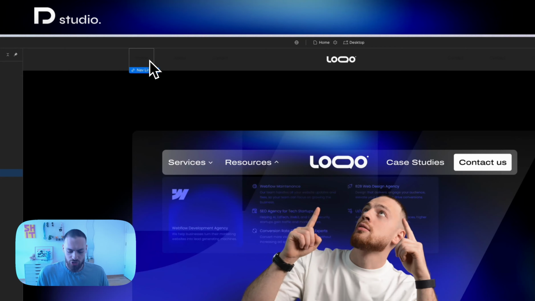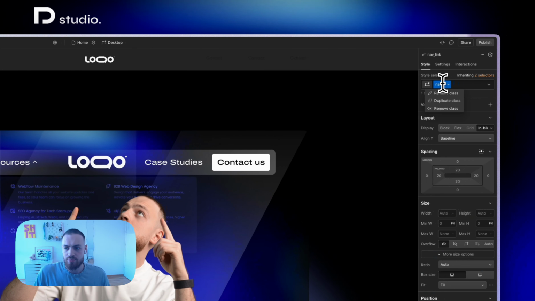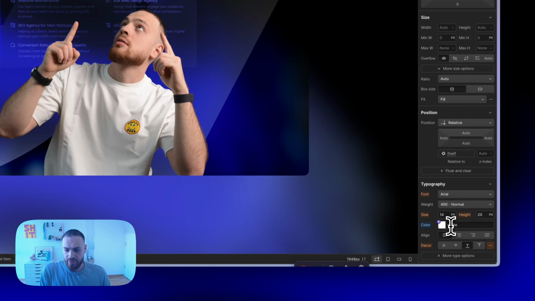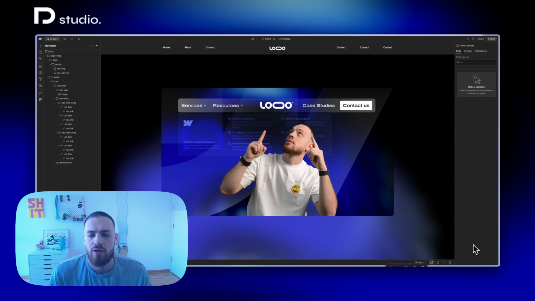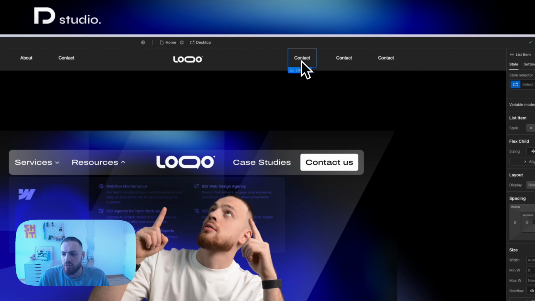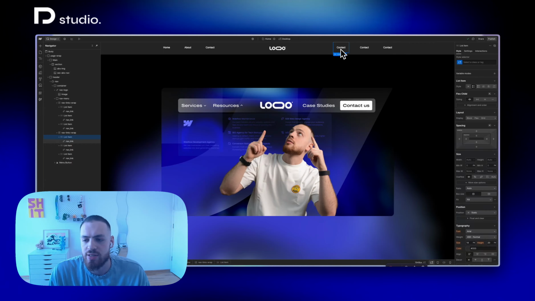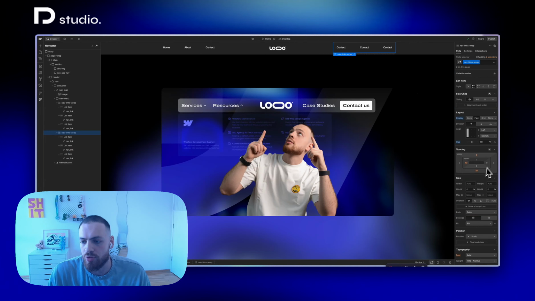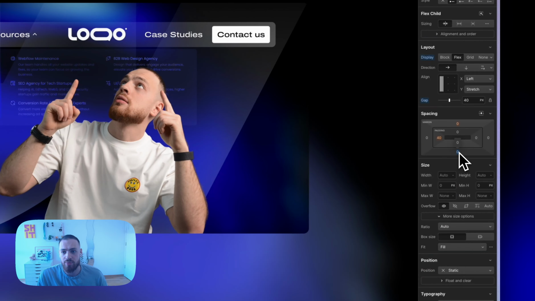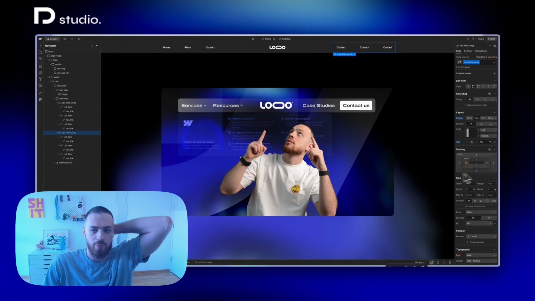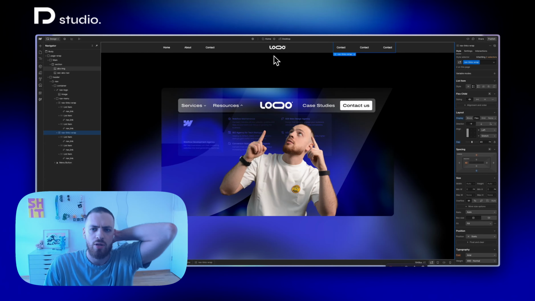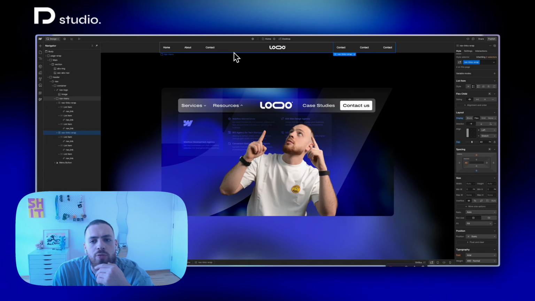Now let's give each nav link a class nav link. Awesome. Now they are white. So there we go. Now we have us a navigation that is centered, but we are not done. We need to make sure that all the lists have 0 pixels on the bottom to make sure that the navigation is kind of working properly, right? Okay, so now we have